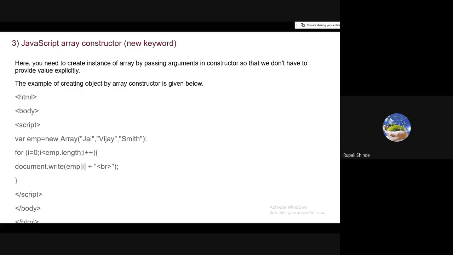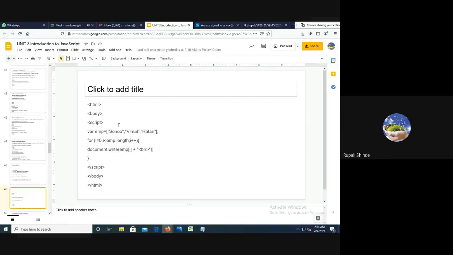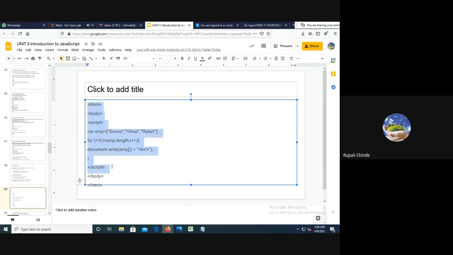Whenever we use the constructor to create the array, you just have to specify the values of the array. Then you display it. So we have to execute it. The first method we are going to use to create the array is by using literals.